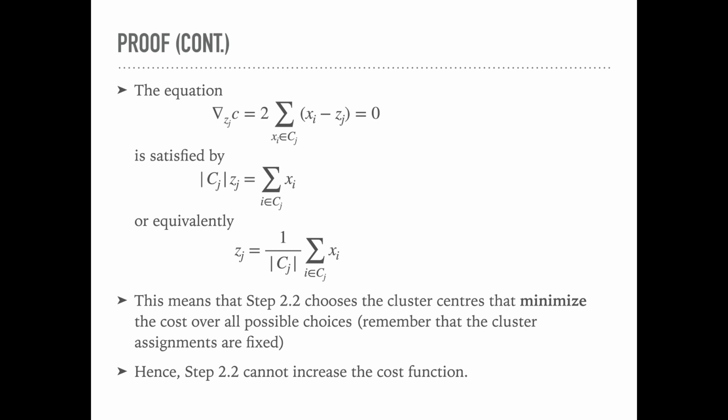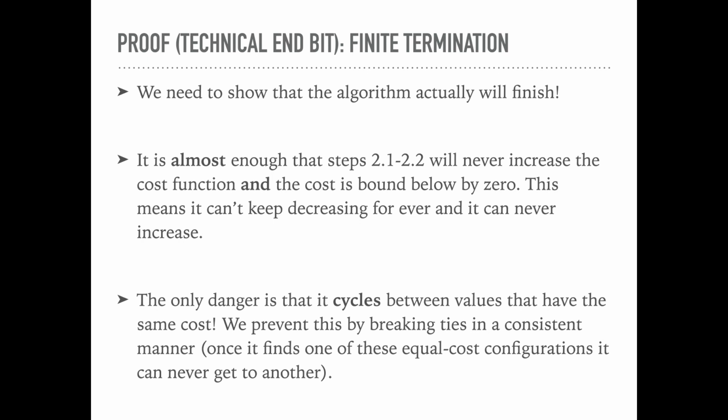And we can finish the proof with the technical bit at the end, which is to say that the algorithm actually finishes. So it's almost enough to say that step 2 will never increase the cost function, and that the cost function, being a sum of squares, is always non-negative, which means it cannot keep on decreasing forever and ever and ever. At some point it hits a floor, and it can never decrease. The only thing that can go wrong